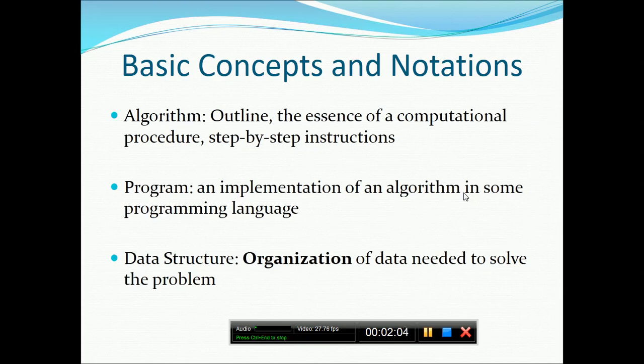a machine. Now, the third point, what is a data structure? Whenever you're dealing with some data, a particular manner to organize those data to solve a problem is called a data structure. It is an organization of data needed to solve the problem basically. So data structure means how you structure your data. For example, you have a roll number for a student, like 20 students I have in a class. I want to organize their marks so that I can find an average or something. How I will organize my data to solve that problem of finding an average, we call this thing a data structure.